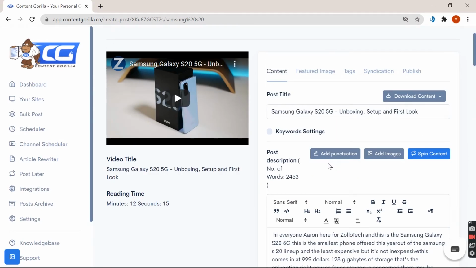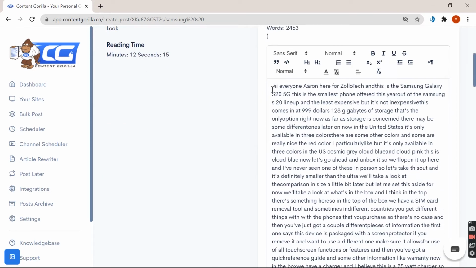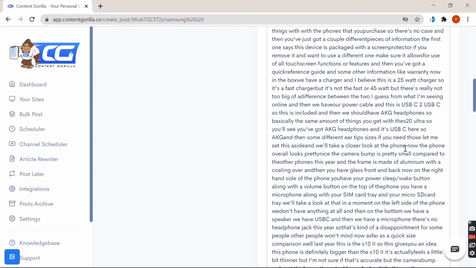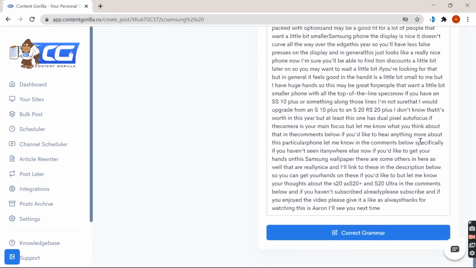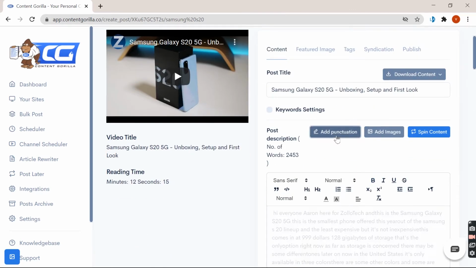So this feature is really helpful because otherwise you have to go for another grammar tool like Grammarly, and then you have to check the grammar of your article. But now with Content Coiler 2.0, your grammar is also checked. So you're getting the content generated, you're getting the featured image, you're getting the post tags as well, which will enhance the SEO of your article, and you're also getting your grammar corrected.